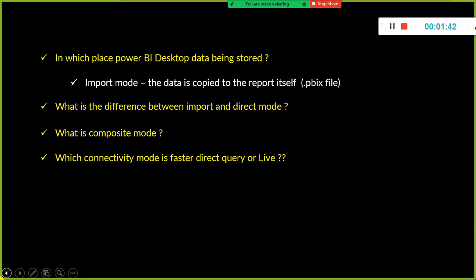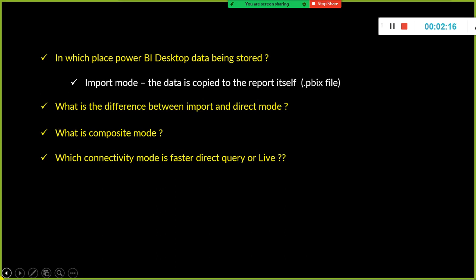Also, in DirectQuery mode, Power BI will use a query to retrieve data from a pre-existing data source, maybe a SQL Server, a database, or Power BI datasets. Power BI datasets use a live connection. So the difference between import and direct is that import is available locally, while direct does not create any copy in your local system.